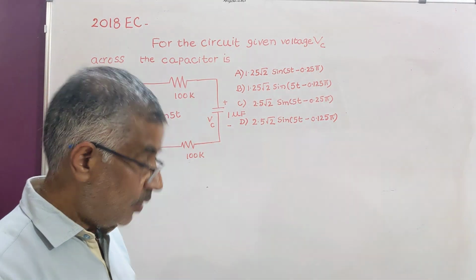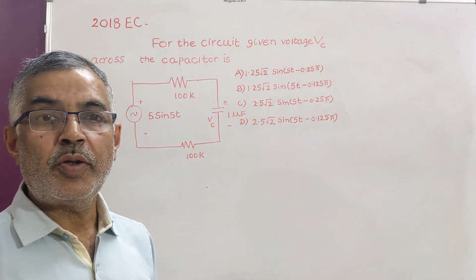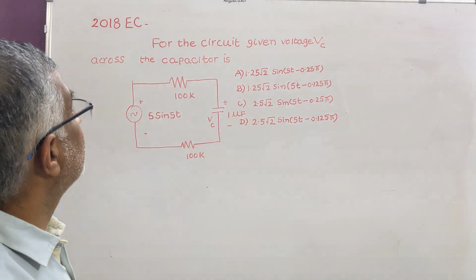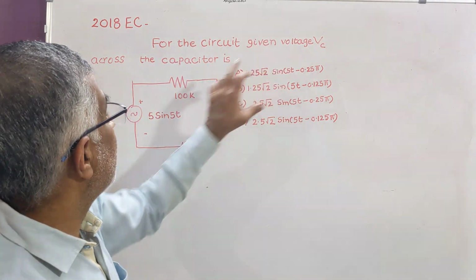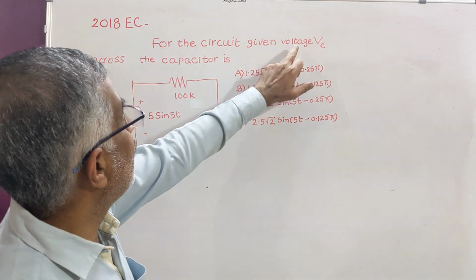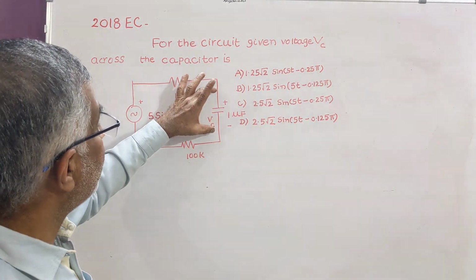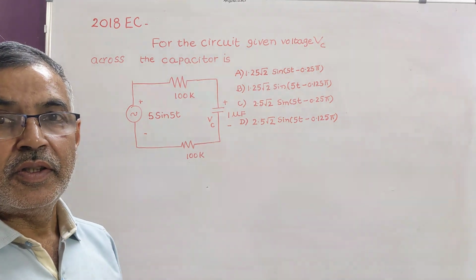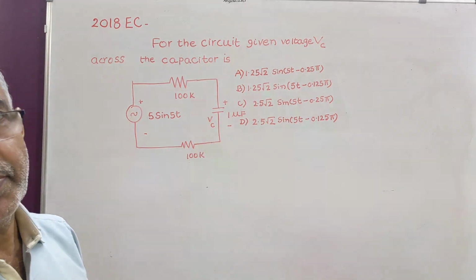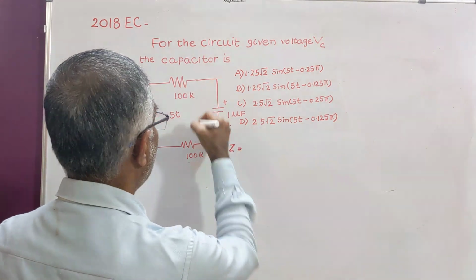Good morning, students. So this is a problem on AC circuit, and students are to be thorough with phasor concept. For the circuit given, so RC circuit is given, the voltage VC across the capacitor is, dash. So we shall find the expression for current. So what is impedance of the circuit? Impedance of the circuit is